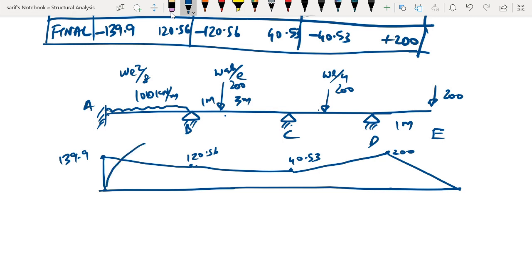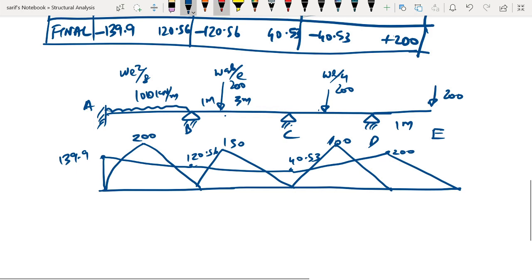So if I simply draw it, you can find out the magnitudes. This is going to be a parabola, and this would be an eccentric loading. It is going to be a triangle, and here it is going to be a triangle which is symmetric. Okay, so this would be the diagram. The relative magnitudes, the maximum here will be 200, the maximum here would be 150, and the maximum here is 100. Okay, so these are the magnitudes. So we will have a plus sign here, we will have a minus sign here. This would be minus, this would be plus, minus, plus, and minus.